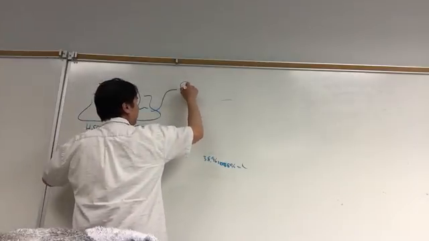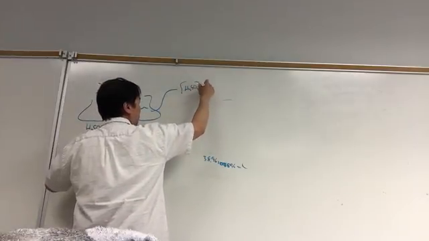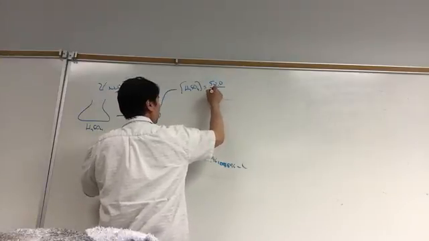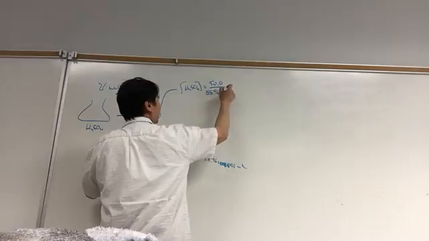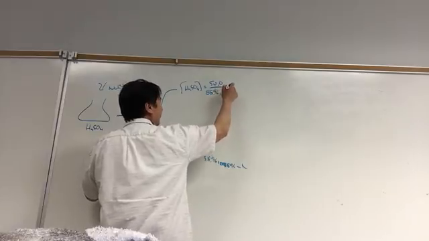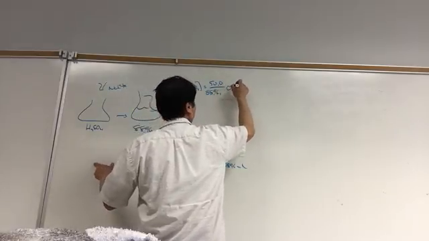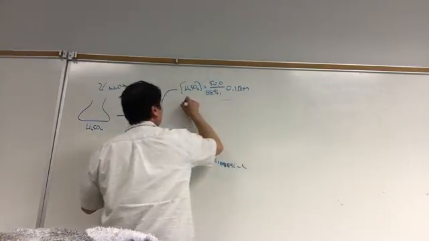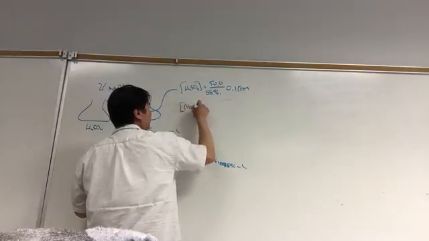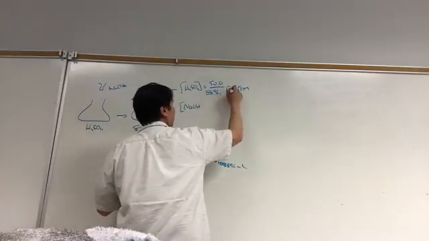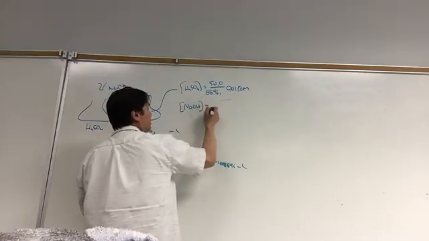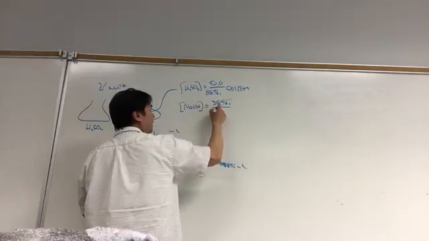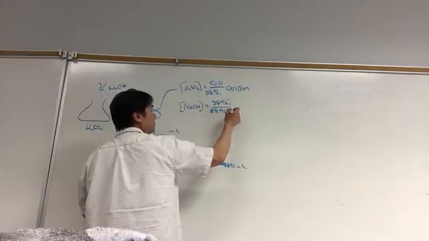Then I have my H2SO4 concentration, which is 50 to 88.961, times 0.0150 molar. And then the NaOH is going to be a 38.961 to 88.961 dilution of